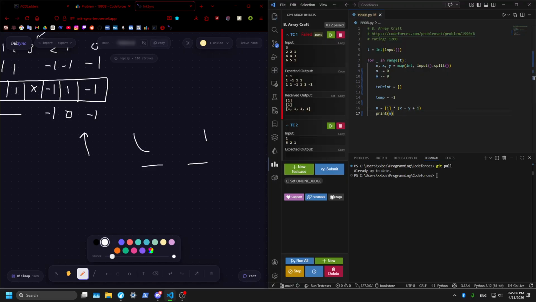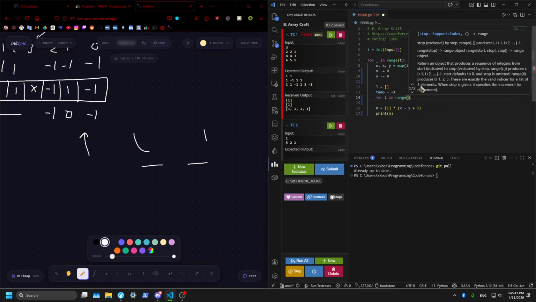And then we need to alternate negative ones and ones on the left and right side of the middle, right? So we can start with a -1 character. I probably don't even need a 2 print, now that I think about it. We can start with a -1 character, and then instead of 2 print, let's define the left. For I in range y,